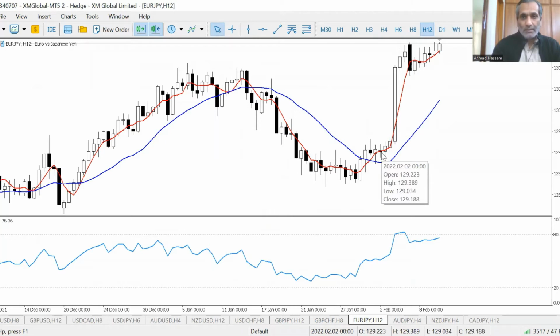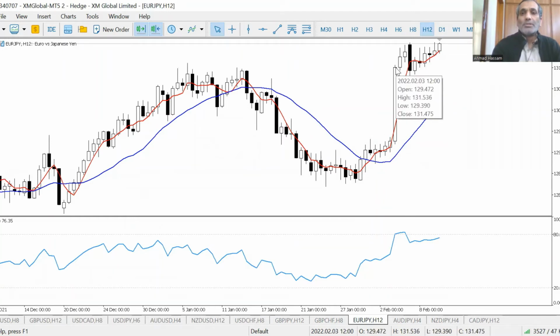We could have made a very good entry with a very small stop loss over here, even over here. But how do we know that Euro-Yen is poised to make a big move like 200, 300 pips? You see, such a nice, beautiful move, a very big bullish candle, also known as Marubozu.